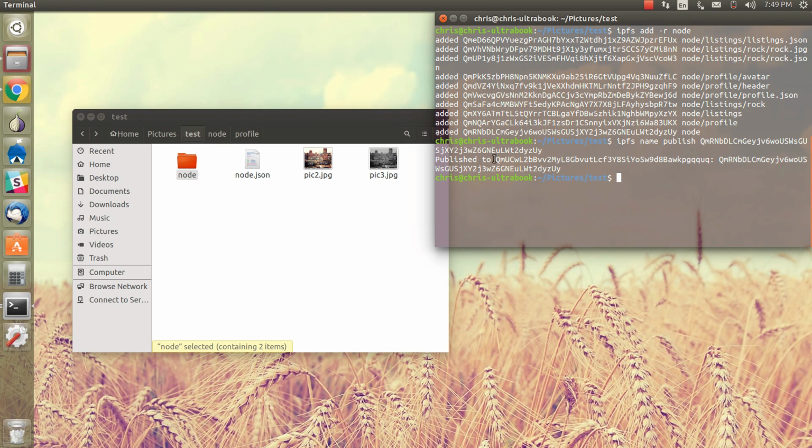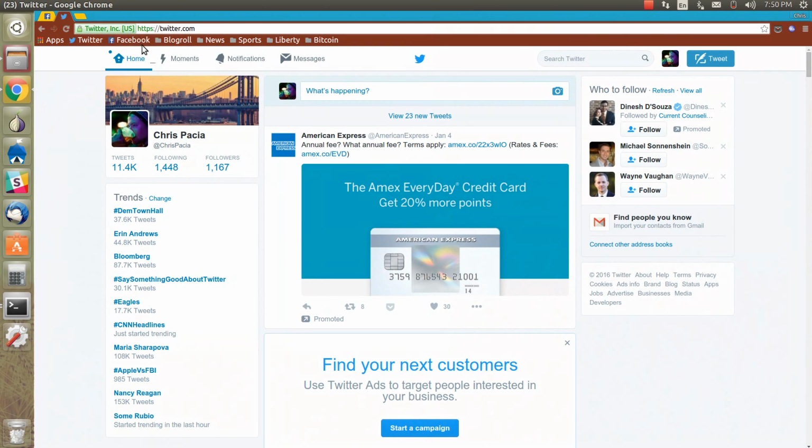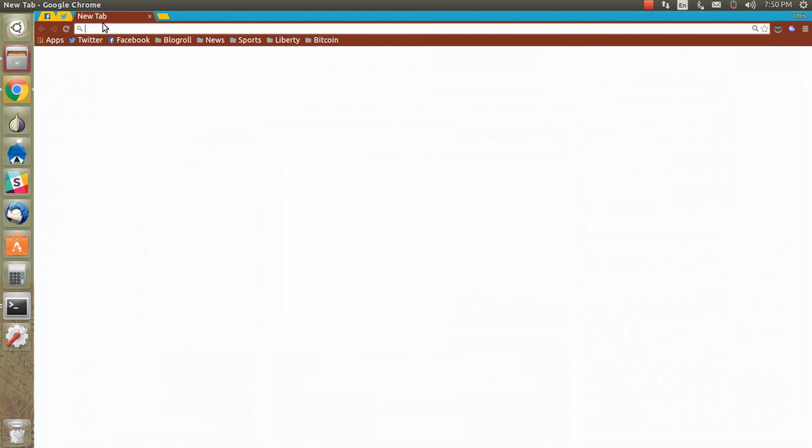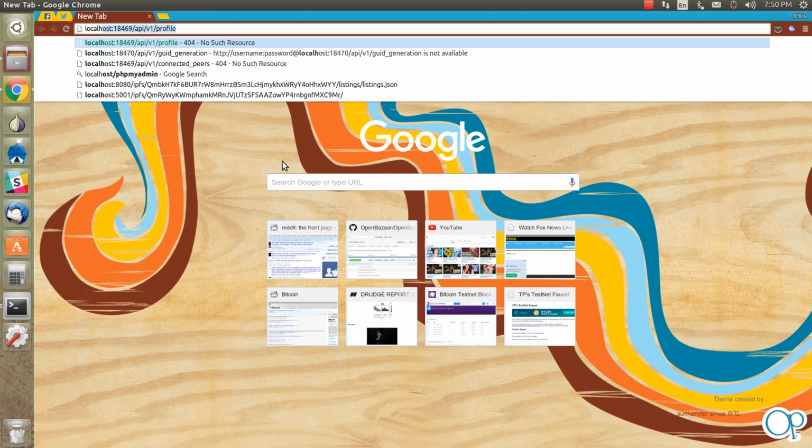Basically, what happened was it took the hash of that directory, signed it, and then stuck it in the DHT using our node ID as our key, right? So this is our node ID here. This would be the equivalent of our new GUID if we were using IPFS, and then if you wanted to visit a node's page, you'd end up doing something like